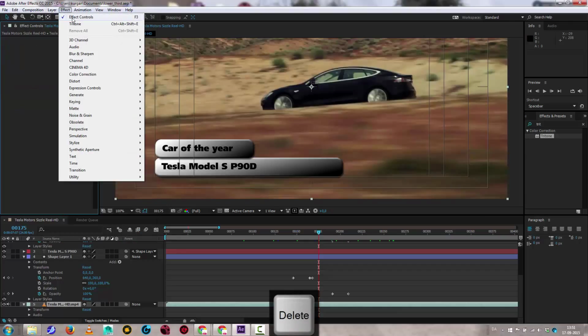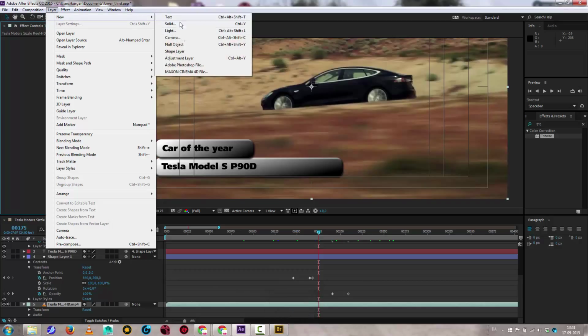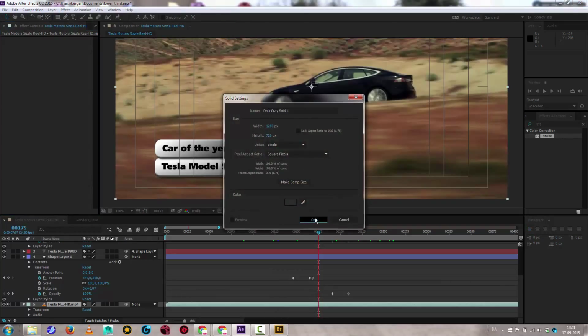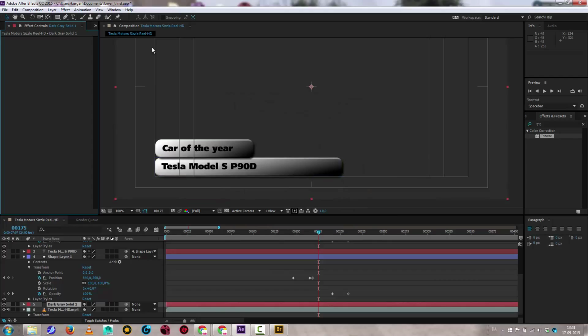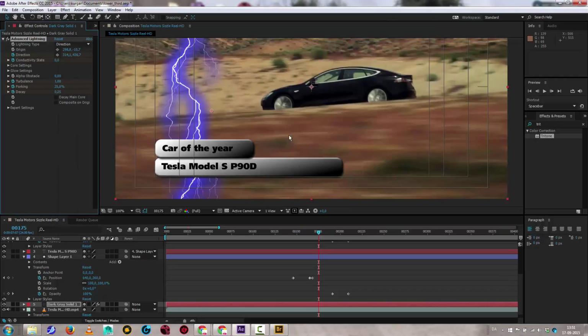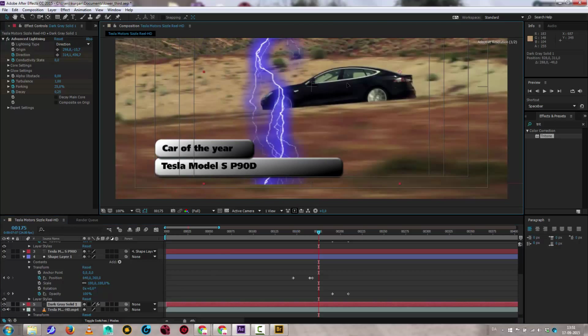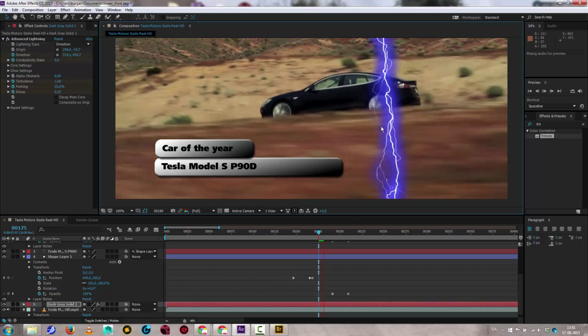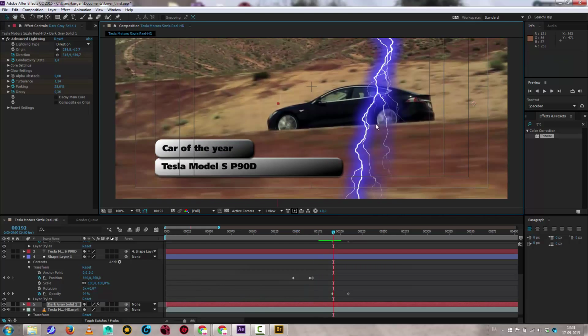So go layer, new, solid, and yep. Then just have that in between, and then apply that preset to that solid layer. Yes, there we go. So now I have the effect on a separate layer, and this layer can be moved around like I want it, and we have this effect of lightning. So that's also an option. So just get rid of this,